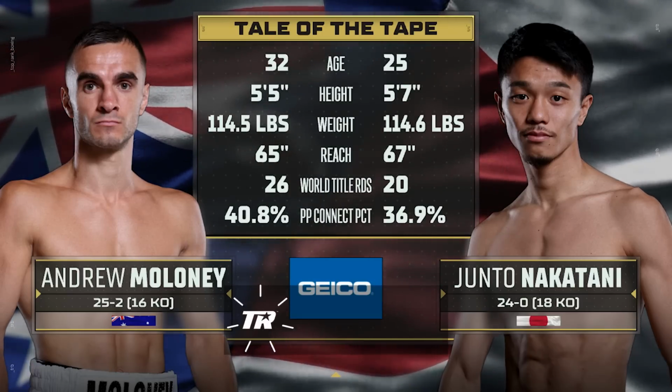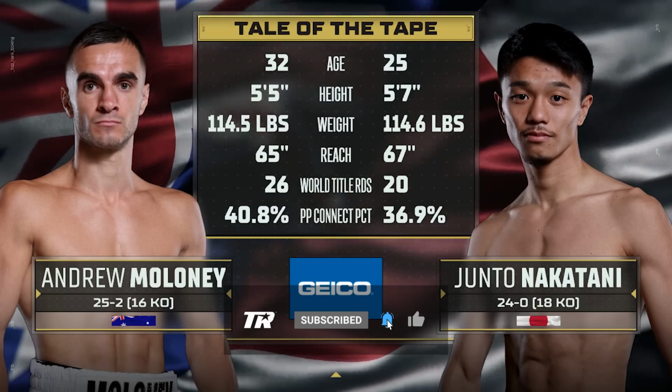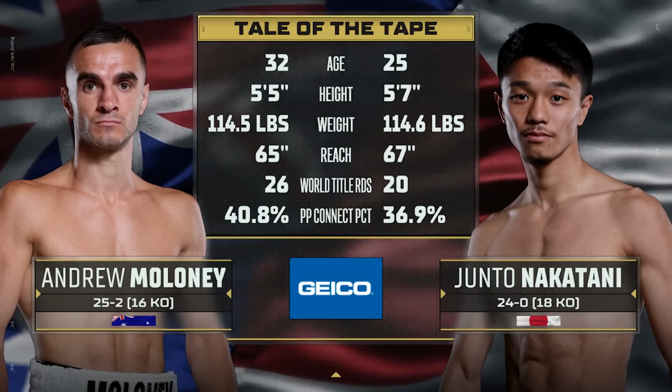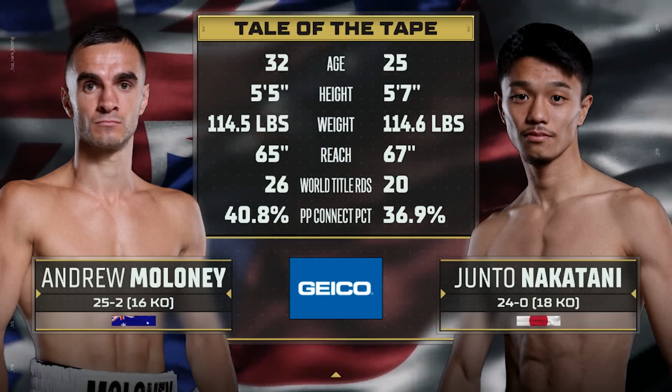Tale of the tape, size up this way. Nakatani has the height and reach advantage, but he fights big also. It's just not on paper. This is a guy who fights tall, fights big, Timmy. Yes, he does, and that brings me to say this, that Andrew Moloney may have to resort to something that...